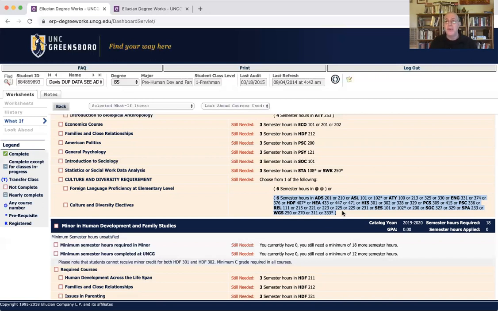And then it'll count for a couple other requirements. So you can take a foreign language at an elementary level, or you can take 2 of the cultural and diversity electives. What happens with community college students who transfer in is they may have only taken 1 semester of a foreign language, maybe Spanish 101. And so the university requires that you either take 2 courses in a foreign language or 2 courses in the